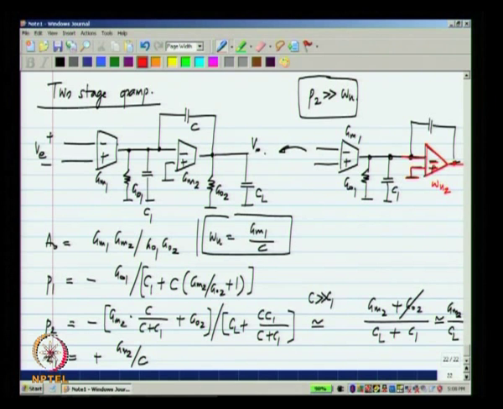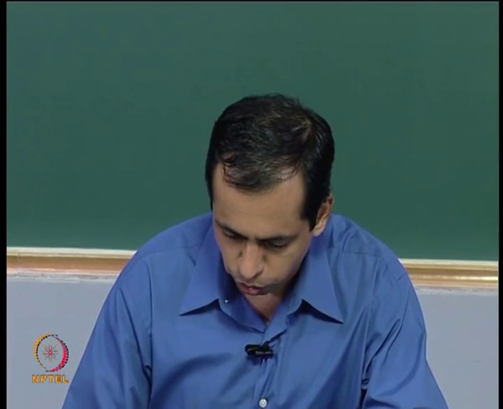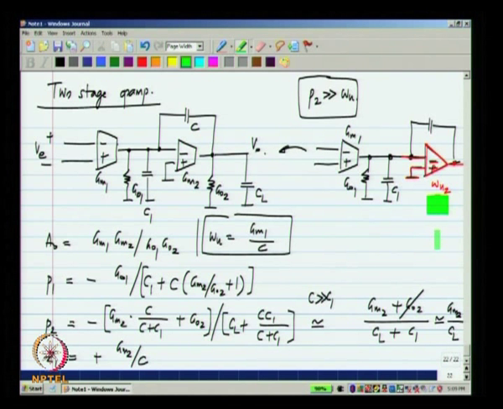We also know that if you take an op amp with a unity gain frequency omega u and you make a feedback circuit with it, then the feedback functionality will be okay until a frequency of the unity loop gain frequency. Below the unity loop gain frequency, the feedback loop functions as it is supposed to. Above the unity loop gain frequency, the loop gain becomes very small and clearly the feedback loop does not function as desired. Now, what does it mean? The unity loop gain frequency of the second feedback loop turns out to be omega u 2 itself. So, omega u 2 has to be sufficiently larger than the frequencies of interest.